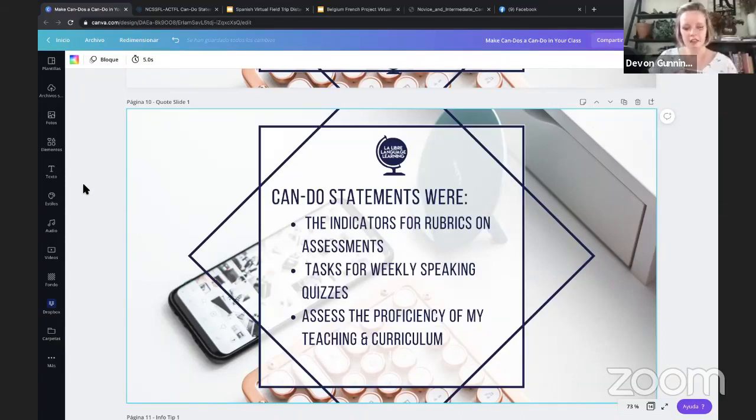And that can-do statement helps you to forget about all of our hangups about errors, and remember that the goal of the can-do statement is that they'll be able to do that. And it doesn't say anywhere that they'll be able to do it perfectly. It doesn't say anywhere that they'll be able to do it without hesitation. It says,